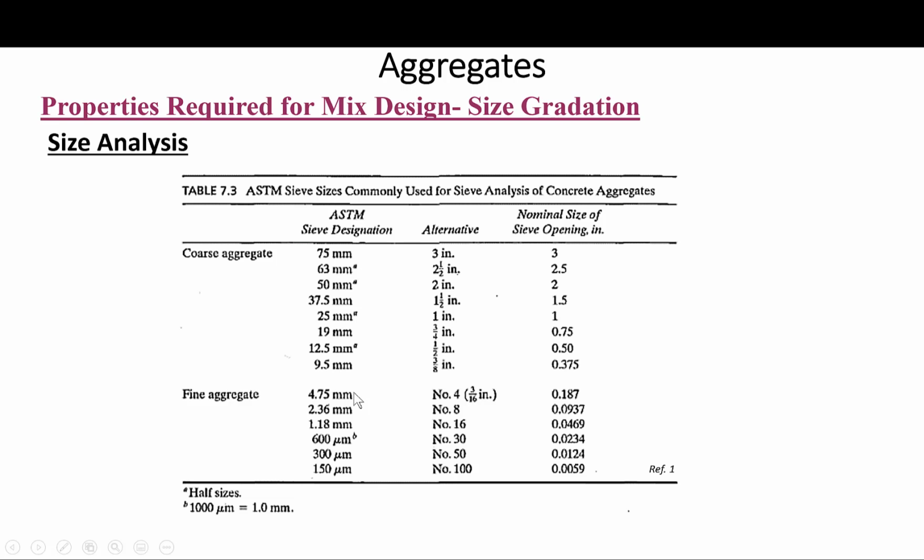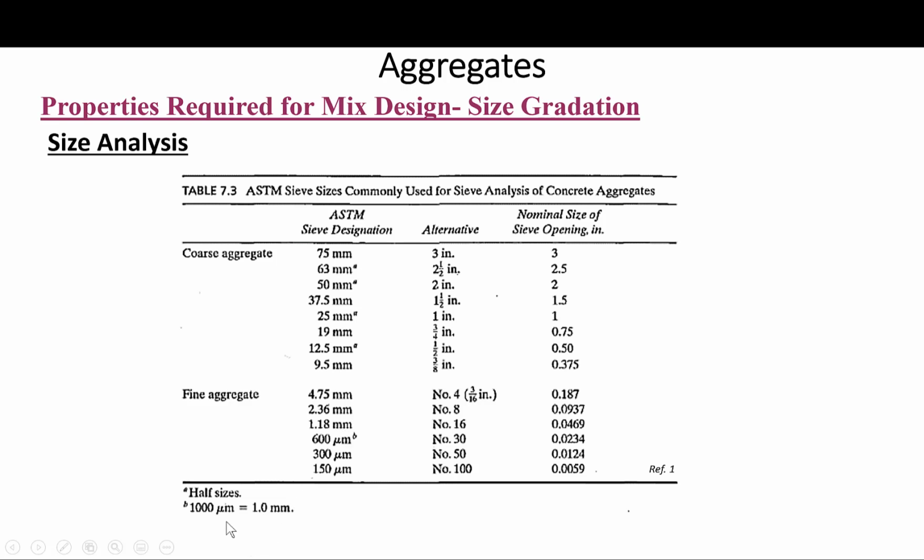Basically the nominal opening in the ASTM designation. So this is the ASTM designation, this is the alternate designation, okay? So it can be seen also that each sieve used to grade the fine aggregate has openings that are half the dimension of the next one. As you can see, this is half, and this is,